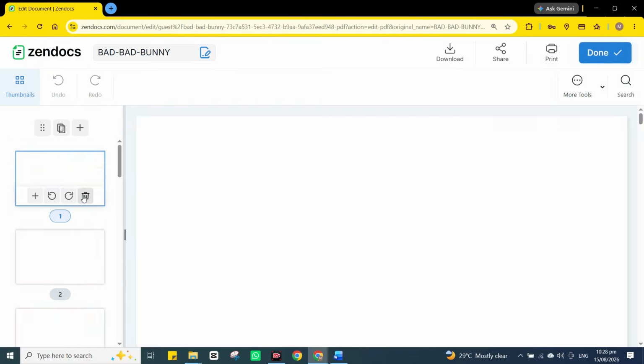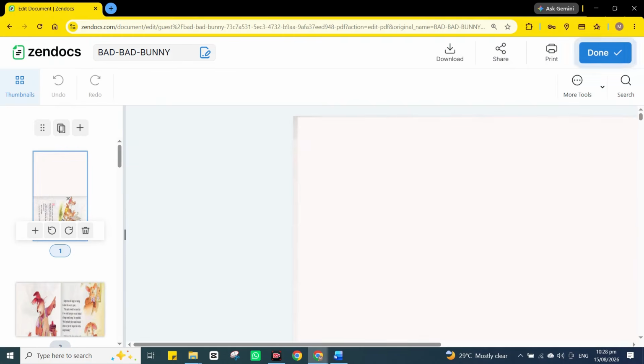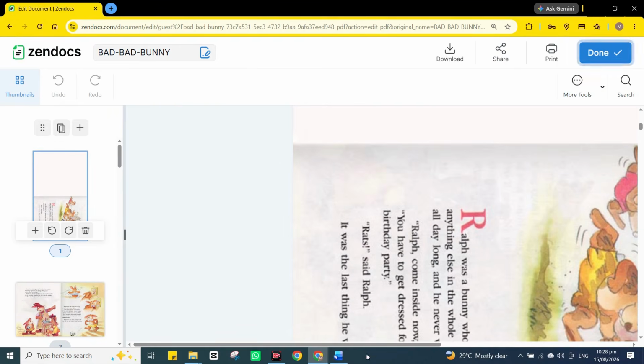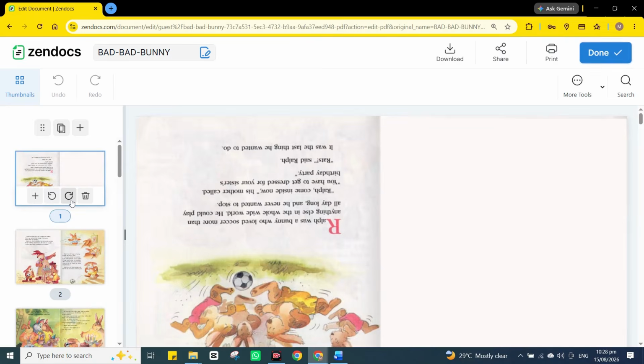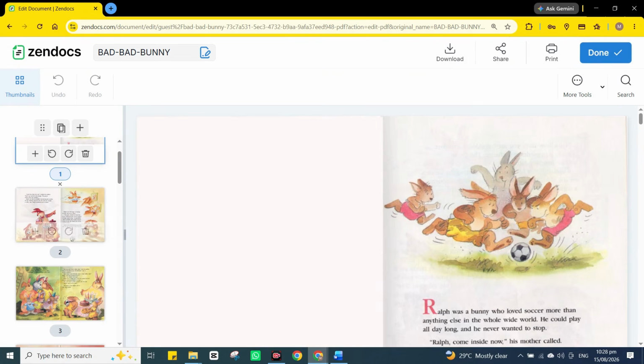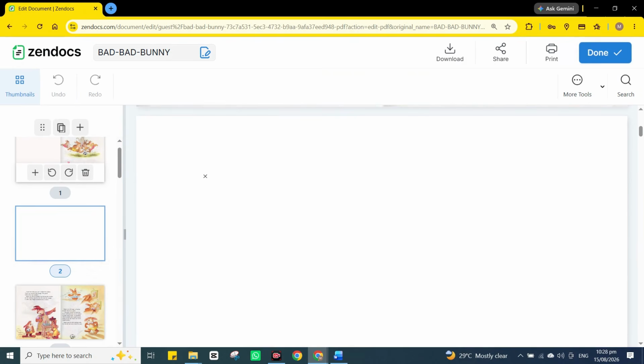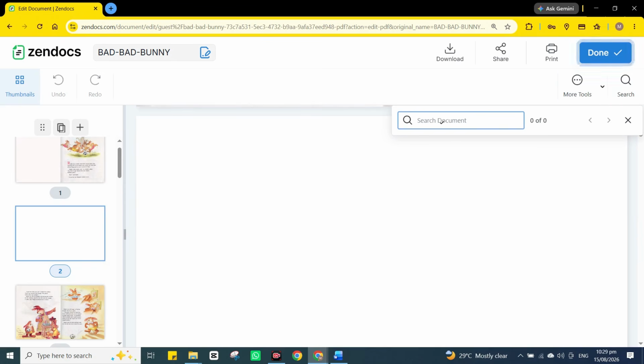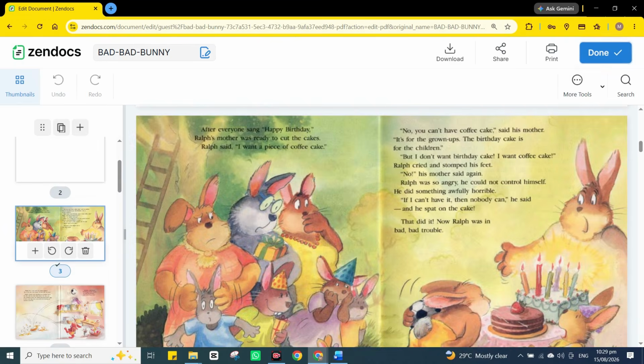Page management is another useful part of the toolkit. You can delete unwanted pages, rotate pages, reorder them, or insert additional pages when needed. And if you are working with other people, highlights and comments can make it easier to point out exactly what needs attention. But editing is only one part of the platform.